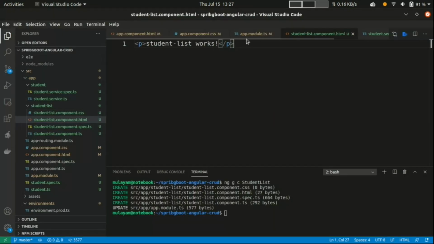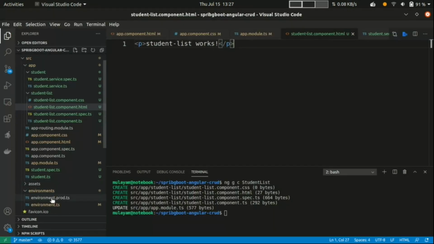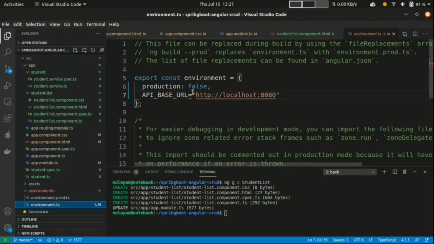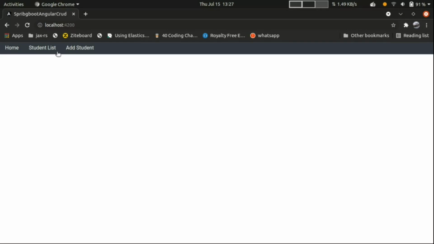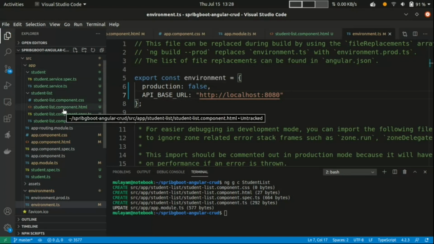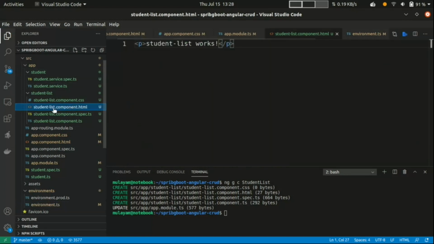Sorry, here it is not equal to, it should be a colon. Okay, this is a JSON object. That's it. So when I click on this one, I want to open that page, student list. I want to load the content of this page, student list.